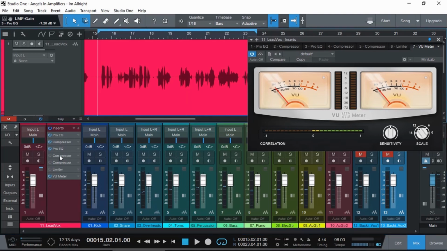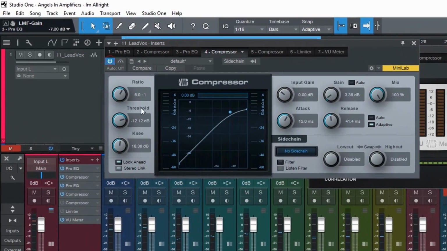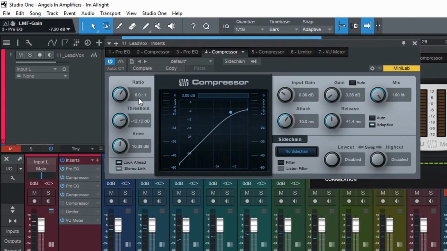So our second inline compressor, which I call the leveling compressor, has slightly different values. The ratio is now half what it used to be, and it's now 6:1, so it's not slamming down as hard. My threshold is at minus 12, and I have left it at minus 12. And if you remember, our leveling is at minus 12 from the last one. So the level should not be any different. So we shouldn't really need to adjust the threshold from now on, unless we really want to compress it more. And our knee is now at